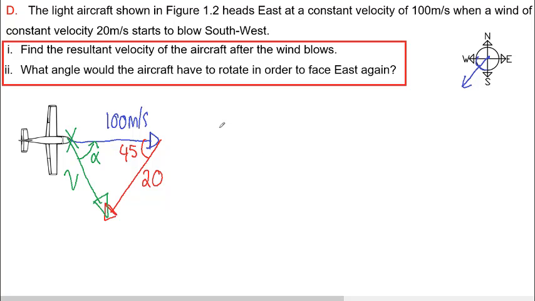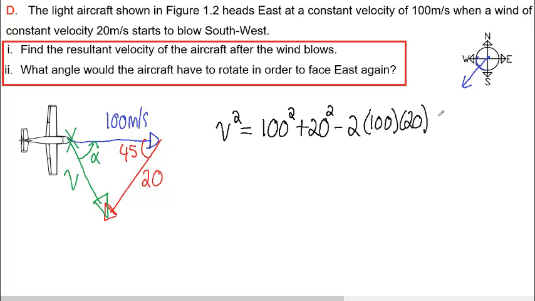Now, this is the cosine rule here. It's going to be V squared is equal to one of the other sides squared plus the other side squared minus 2 multiplied by those two sides again, 120, multiplied by cosine of the angle opposite to this here. So that's V, opposite it is cosine 45. Plug all these numbers in, don't forget to square root, and in the end you'll get a value of 87